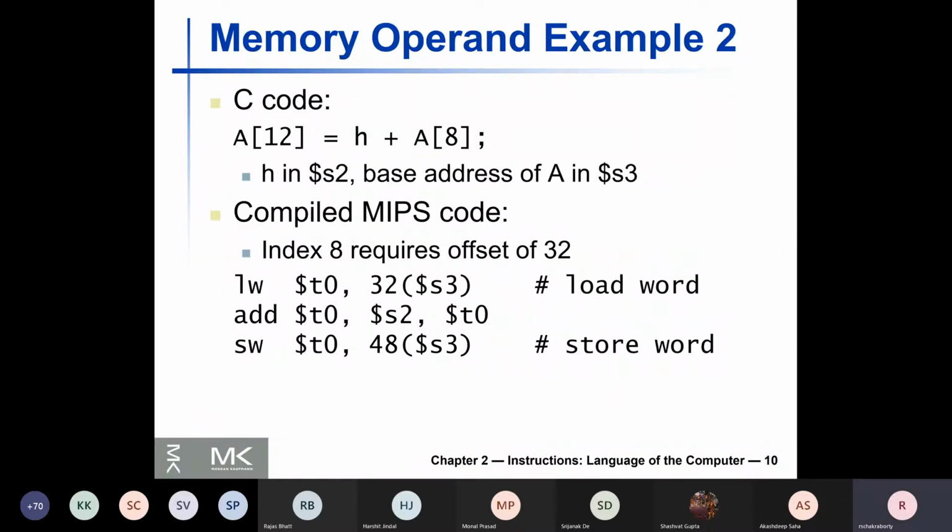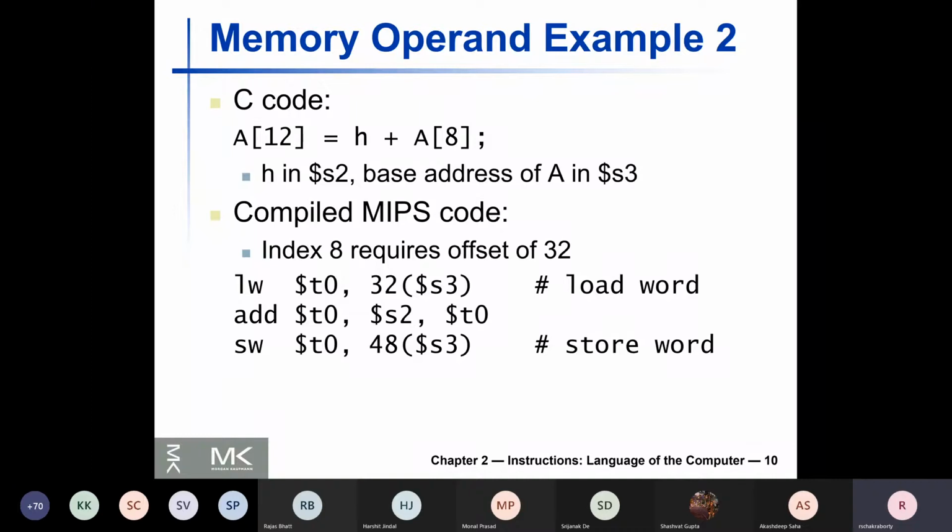So yesterday we saw an example of a C statement where there is one source of data which is in memory, and the destination is also in memory. We discussed how this is handled in MIPS32 assembly language programming. You need to have the base address of the array somehow, and we will see later how the base address is obtained in registers. It is actually obtained automatically through certain mechanisms that the assembler provides. It's not very difficult, as we will see later.